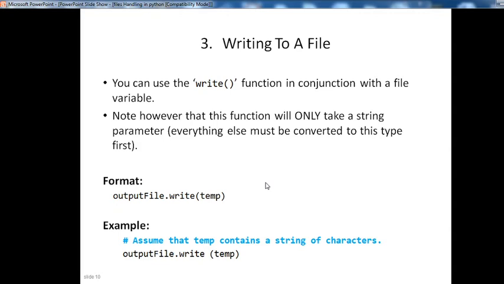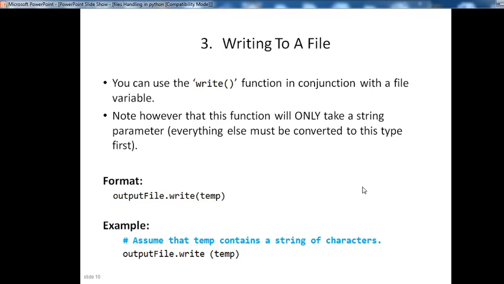The format available is output_file.write(temp). For example, assume that temp contains a string of characters, then use output_file.write.